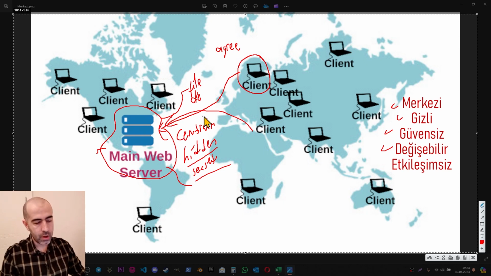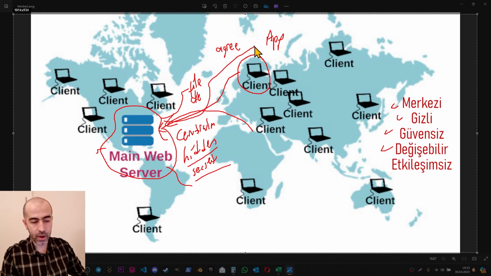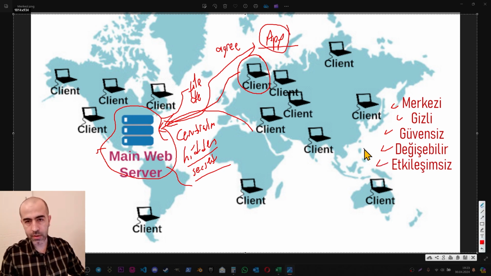And also, once I upload my file to a server like this one, it is hard to have some interaction with these files. For example, if I want to create an application and use the information inside of that file, I cannot use it exactly from the Excel file. Even if I convert it to another technology from the server, it is a very hard task to create an application using that information. So there is this interaction problem as well.